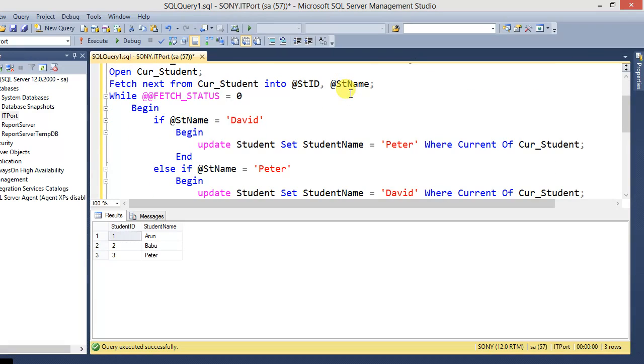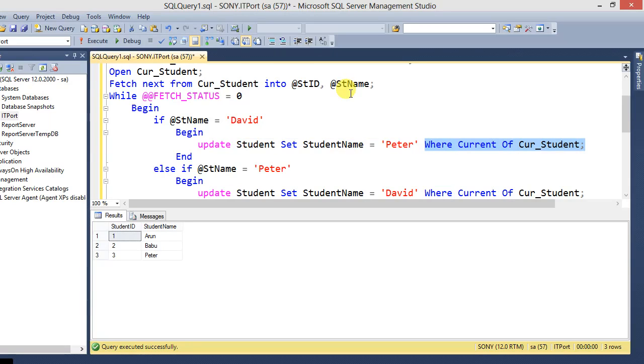Here, what is the process? If student name, that is the student name column variable, is equal to David, just UPDATE student SET student name equal to Peter WHERE CURRENT OF student cursor. It identifies the current row; after checking the condition it goes to this process, that is WHERE CURRENT OF the row from the current student cursor.